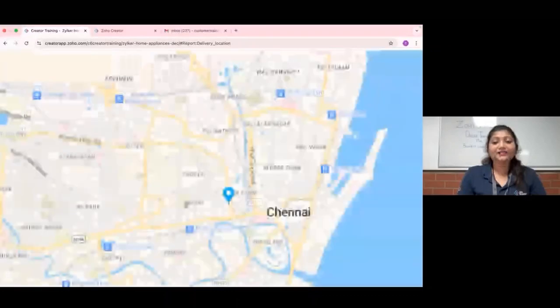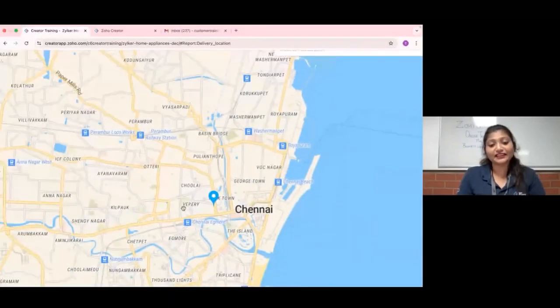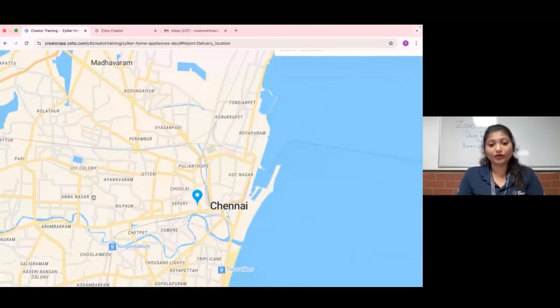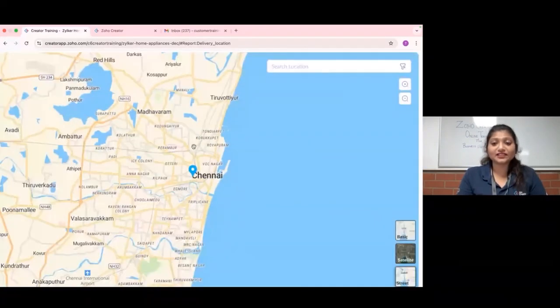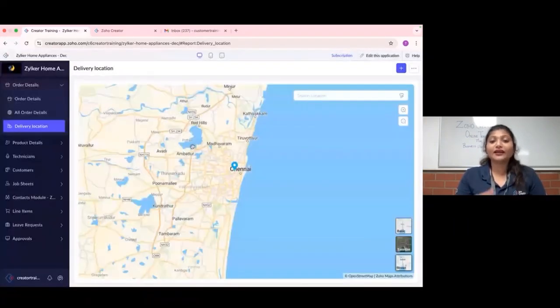And if I'm using this application on the mobile phone, it will be way easier. It will help me access Google Maps within my mobile application itself, right? So this is about creating the map report.